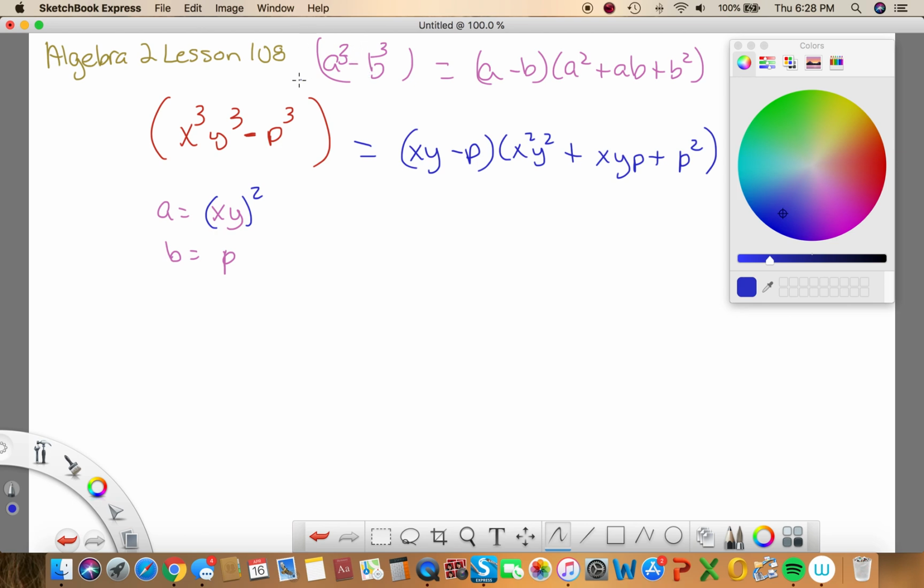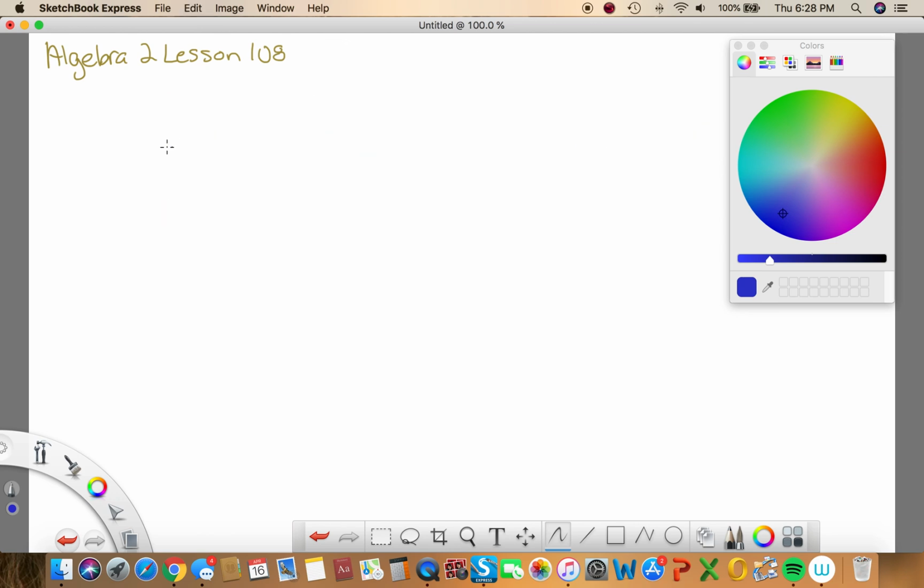So instead, take term 1, take the cube root of it, take the cube root of b, and then you plug it into your formula. That's all you are doing. Let's try another one. So I'm given